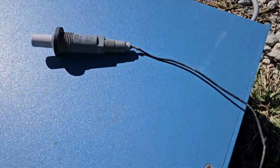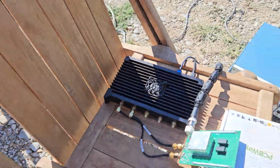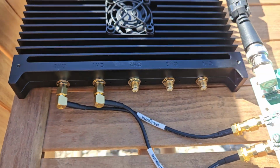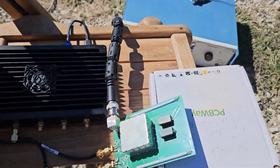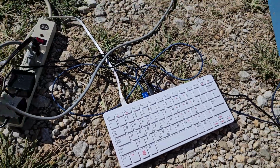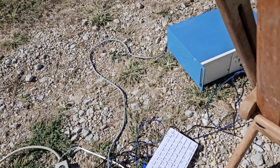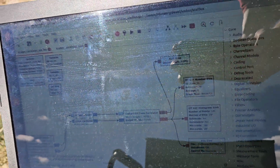This is the spark that I use to initiate the lamps. When initiating the lamps, this is not connected, and this whole Kraken unit is distanced from it. Once it's lit, I hook that stuff up. It goes into a Raspberry Pi that has the Heimdall data acquisition software, and there's a gigabit Ethernet connection into this computer that's running GNU Radio